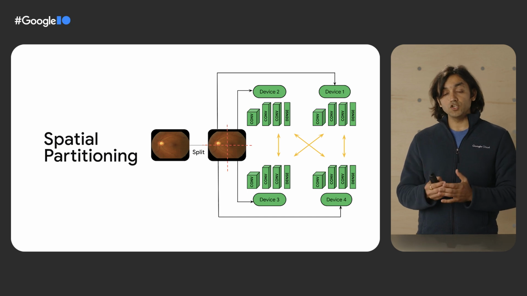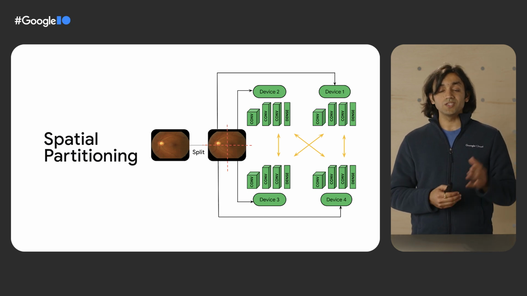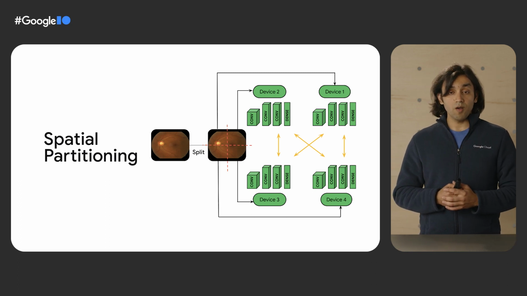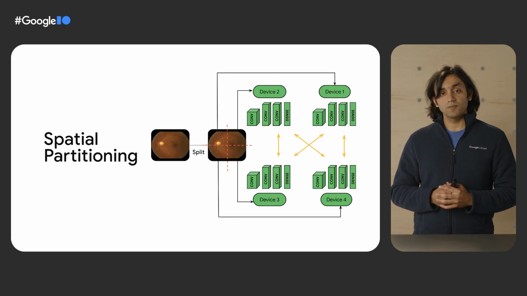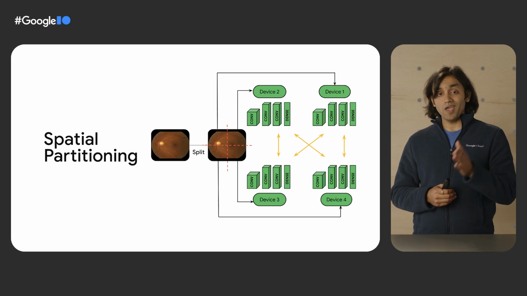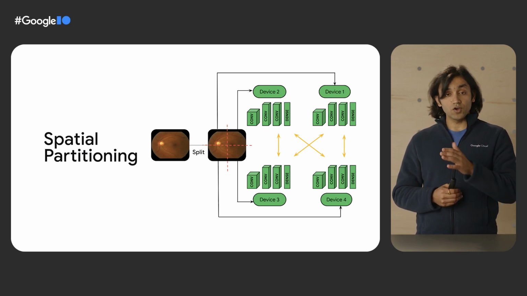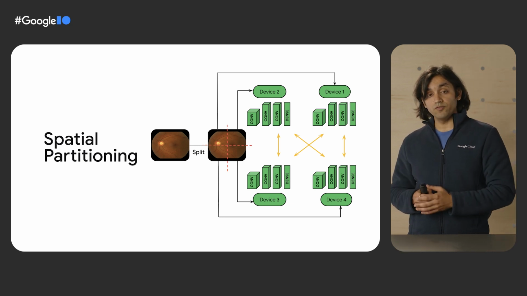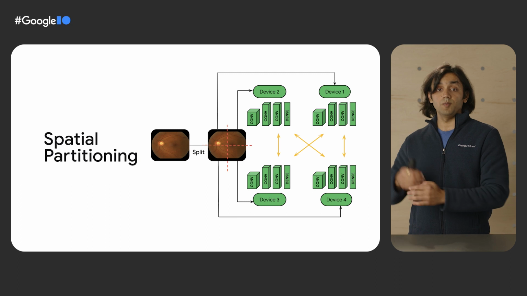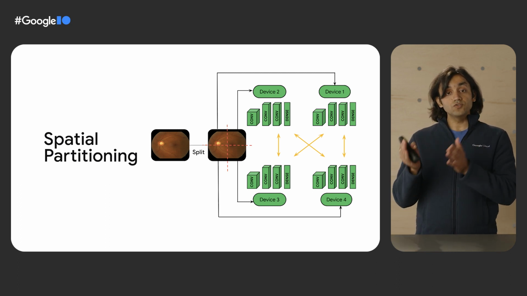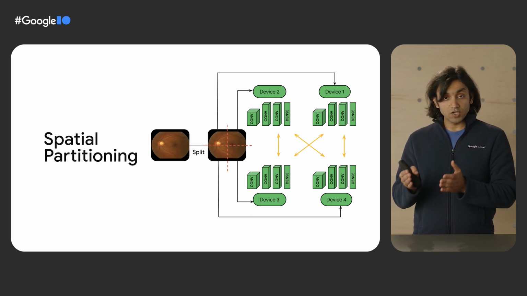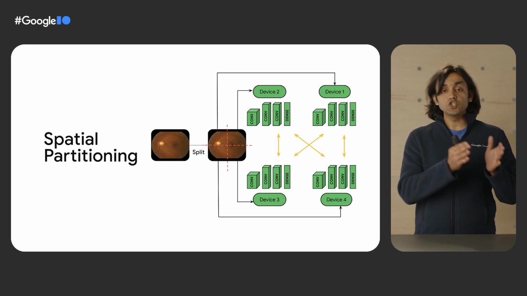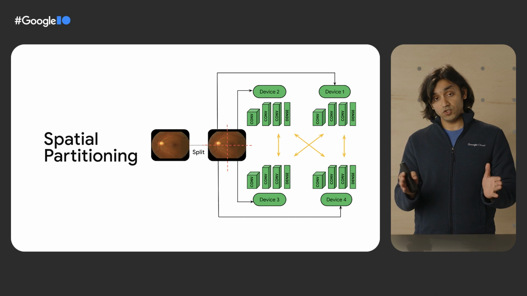An early application of this parallelism was to work with extremely large images, such as ones for diabetic retinopathy or a 3D scan. Here the input is split along X and Y dimensions across the workers. Notice that this is different from data parallelism, where the split happens across the batch dimension. Also, the downstream network is adapted such that the collection of workers still act as if the original network was working on the full image.